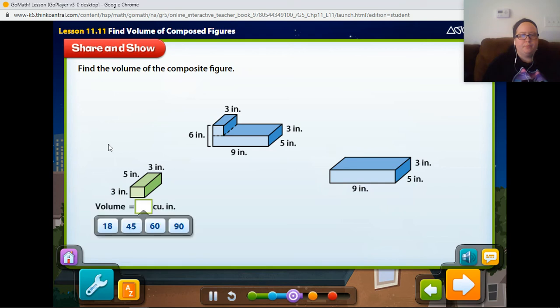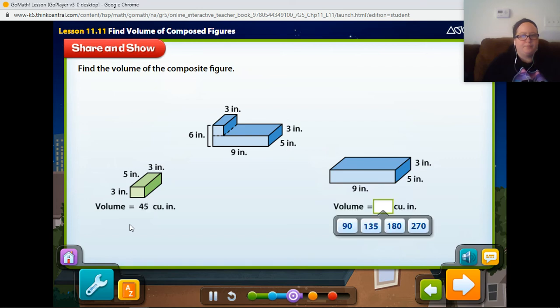What's the volume of the first rectangular prism? So 3 times 5 is 15, times 3 is 45. That's right. Its volume is 45 cubic inches. What's the volume of the other rectangular prism? 9 times 5 is 45. 45 times 3, so 40 times 3 is 120, and 3 times 5 is 15, so 135. That's right. Its volume is